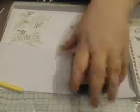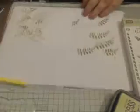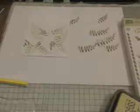So the colours I used there were Peel Paint and Shabby Shutters. Okay, come on, focus. I think it's probably because I've got white down on my table. But hey ho, nothing much we can do about that. So now I'm moving my stamp down,